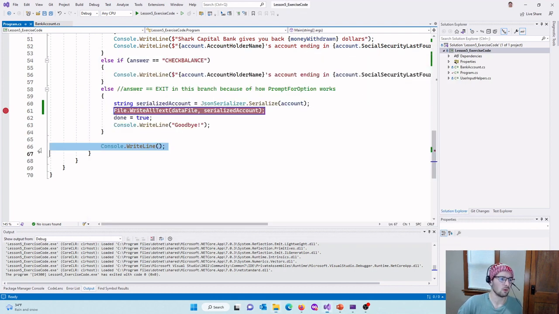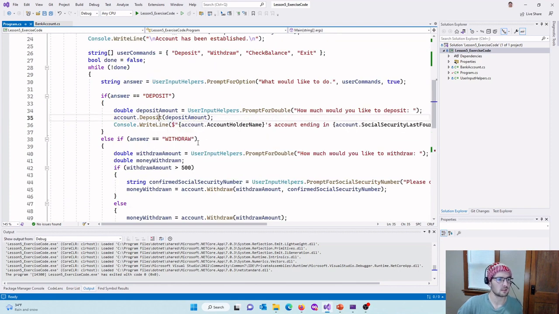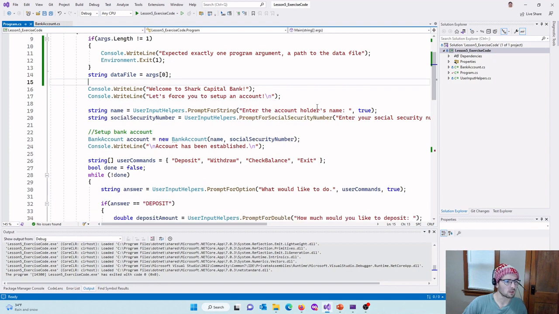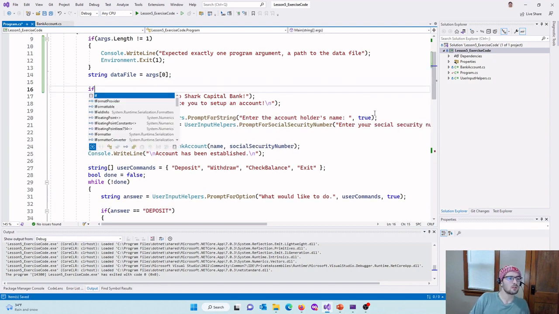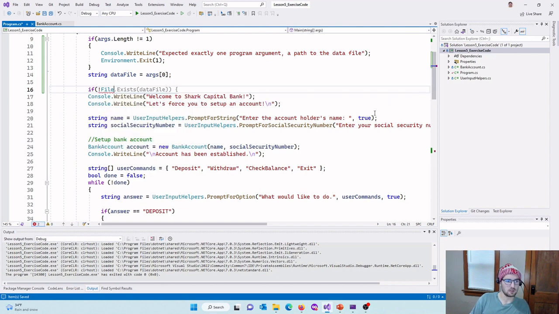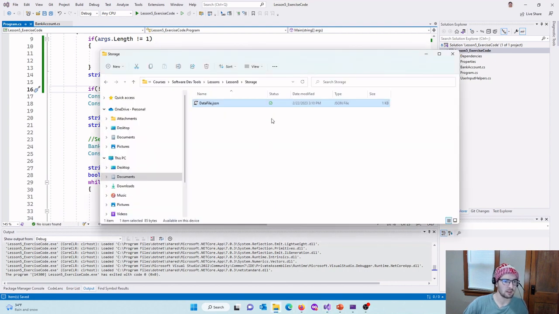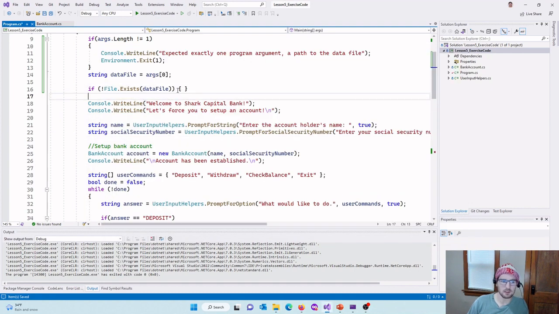Okay, so with that, let's restructure the start of our program so that if we have data in our file, we want to recreate our bank account object from the data in that file. So to do that, I'm going to rework this a little bit. We want to first ask if the file exists, right? So we have a static method here, File.Exists. That tells us whether the file at this path exists, right? And if it doesn't exist,